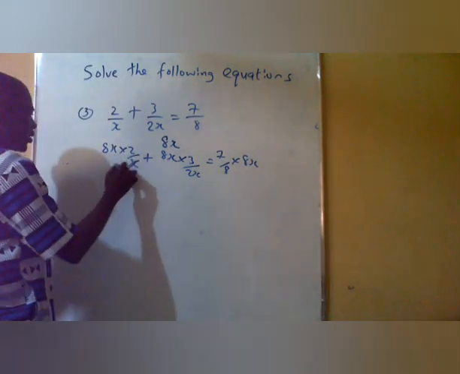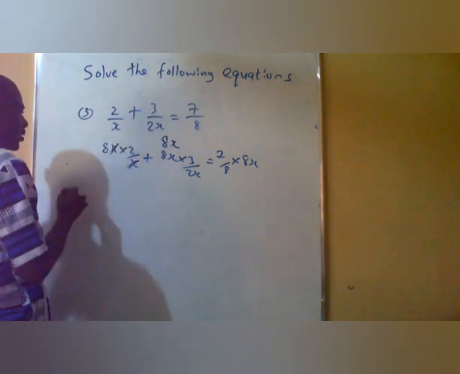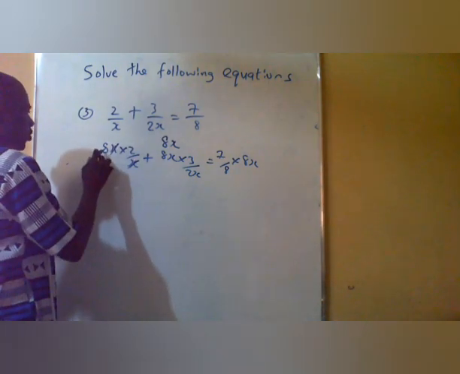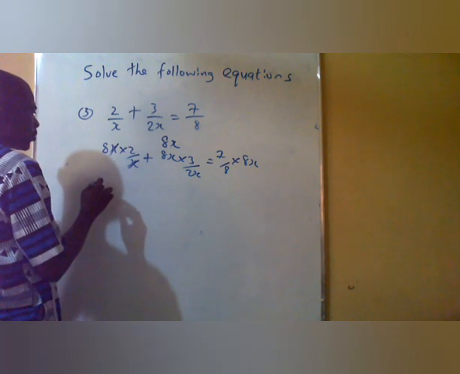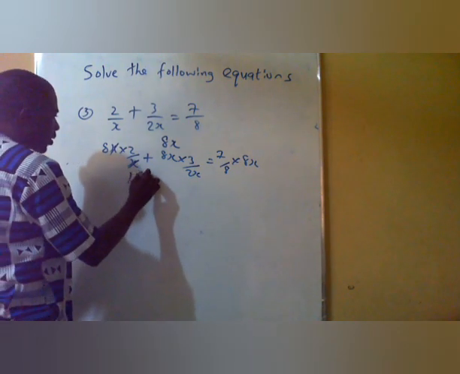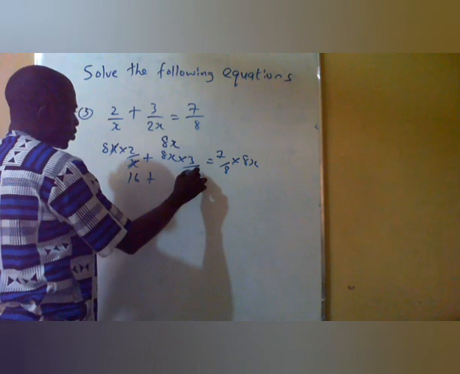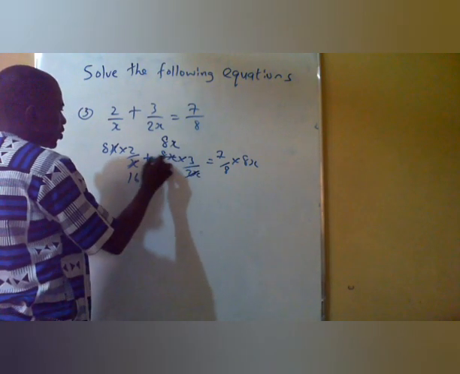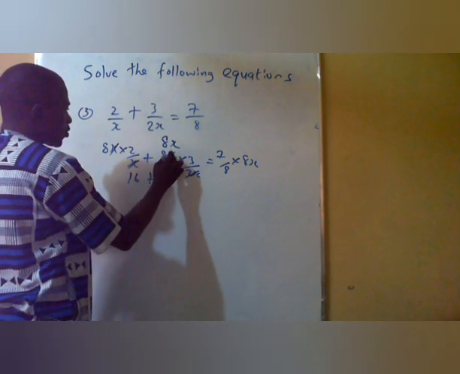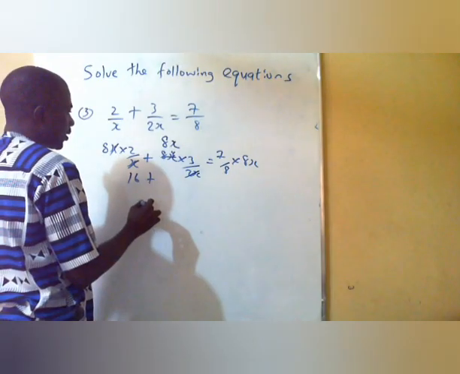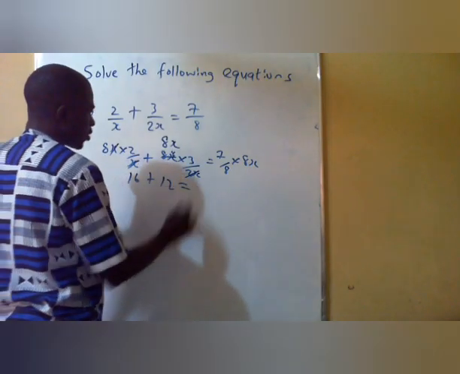So 8x divided by x, this one will go off. So 8 times 2 is what? 16 plus 2x will go into this one, that is it will be 4. So 4 times 3 it will be what? 12 is equal to